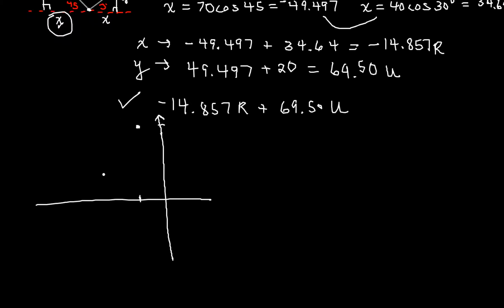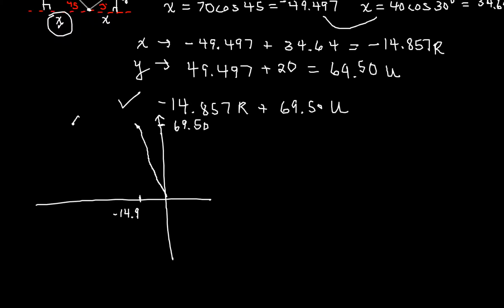This would be our point, we're going negative 14.8 this way. We'll just say 0.9. And then up, it's not even drawn to scale, but it's just to give us a picture of what we're doing, 49 up. So that's our vector. This is our vector right here. So we have to do a lot of work yet. We're going to build ourselves